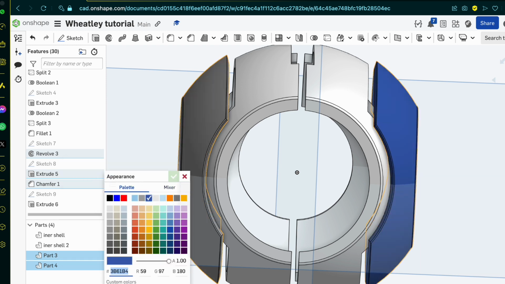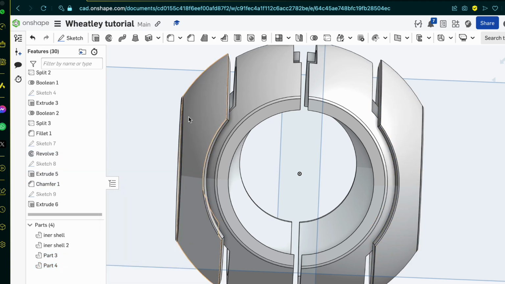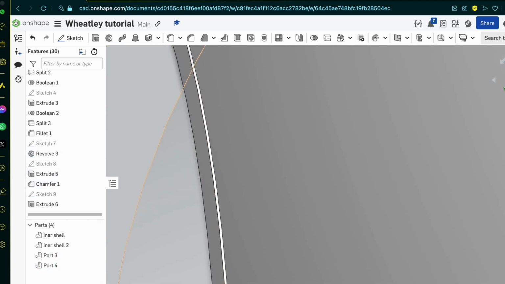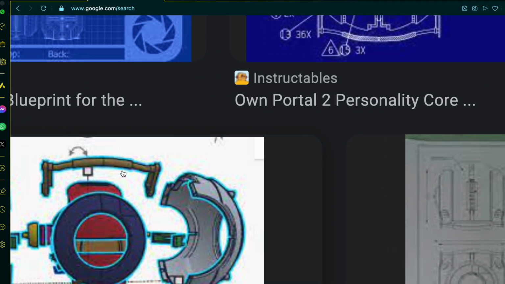Edit appearance of two parts. Now, I want to set this to, I believe it was 244. Ooh, that's a nice colour, I think. Bit sandy, I would say. And 244. White. Alright, that looks right. So, now, we go and we look at